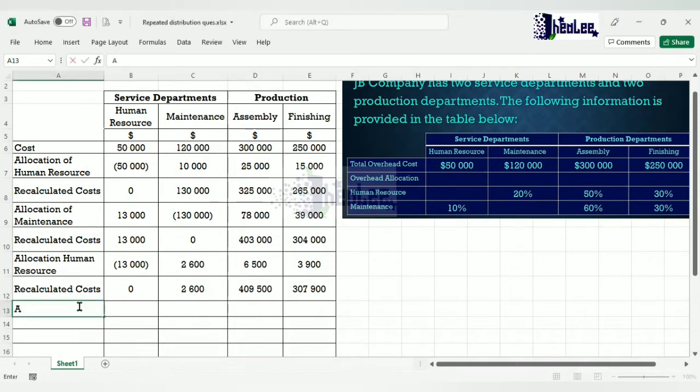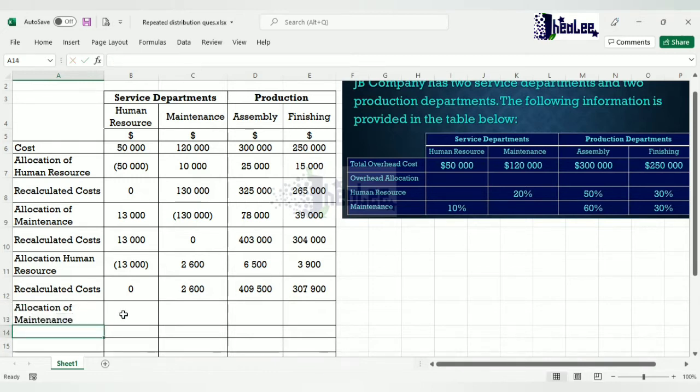So we're going to go allocation of maintenance, because that is the department that has overhead costs in it. So we're going to reduce this by 2,600. That's the maintenance department by 2,600. Now we're going back to the question to know the percentage value that must be allocated to each department. From the question, maintenance